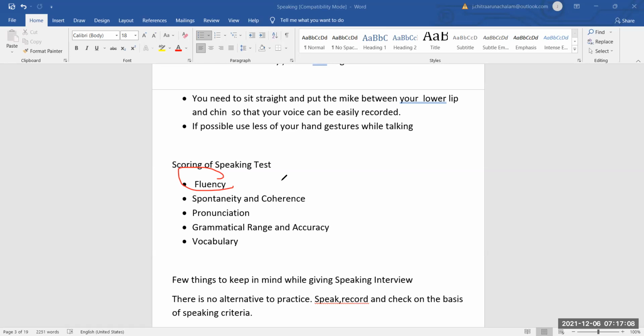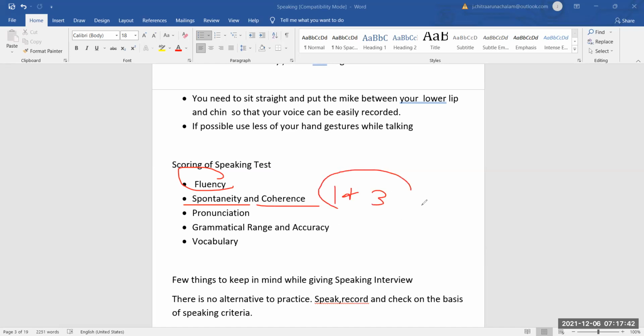And if you get a question like, do you like cricket or do you like something? We must not just answer, yes, I like, yes, I do. No, you have to come up with a reason why. Even if the question is, do you like so and so? Yes, of course, the answer is yes. But here, you have to provide a lengthy response. So you have to come up with a reason. That's very important.